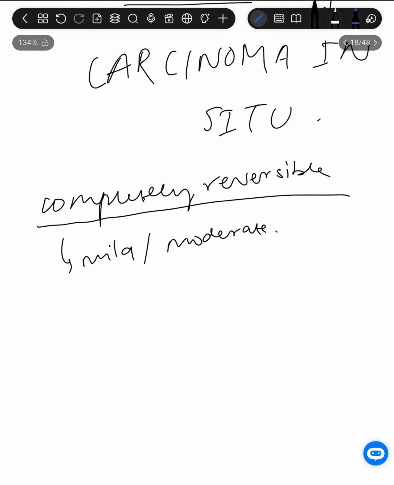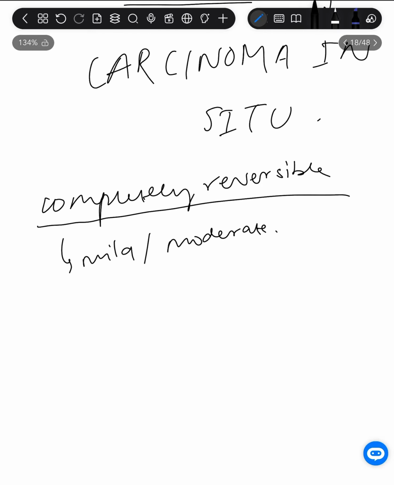I told you about metaplasia, right? What is metaplasia? Metaplasia is when an adult epithelium or adult cell type is changing into another adult cell type. Okay, so this is a line. If an epithelium is metaplastic, and I told you metaplastic is also a precursor of neoplasm,